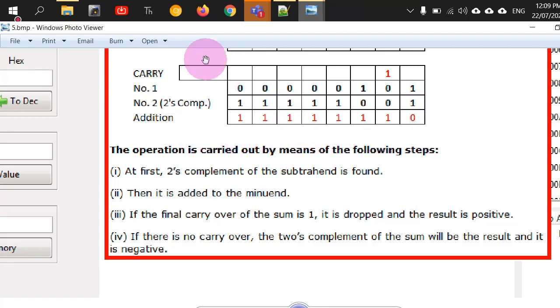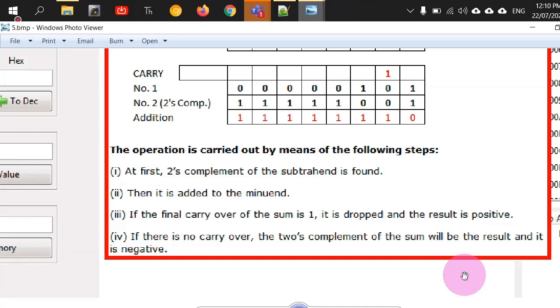This is one way. But that is not the case with what we have got here, right? We have got no carry out of this position. So the fourth condition is applicable, which means if there is no carryover out of the MSB, as we see in our actual result, the 2's complement of the sum will be the result. This is not the final result yet. You have to take a further 2's complement of it and the result is negative. Whatever is the 2's complement, it is negative in nature. That is why you have to set the sign flag, right? So is this process understood to all of you? This third and fourth condition are very, very important to be able to interpret the results.